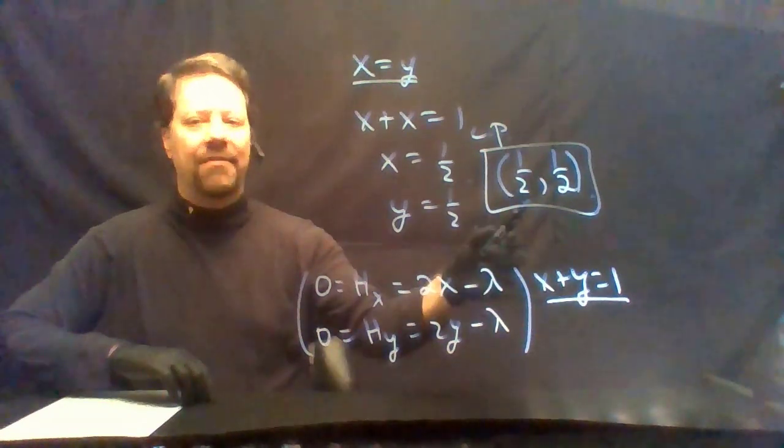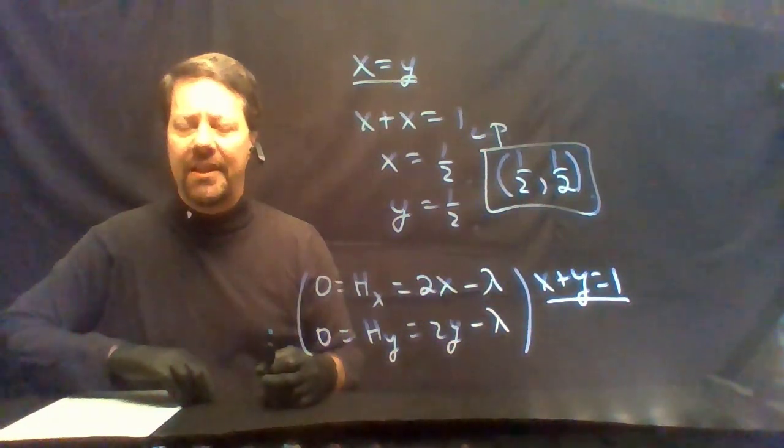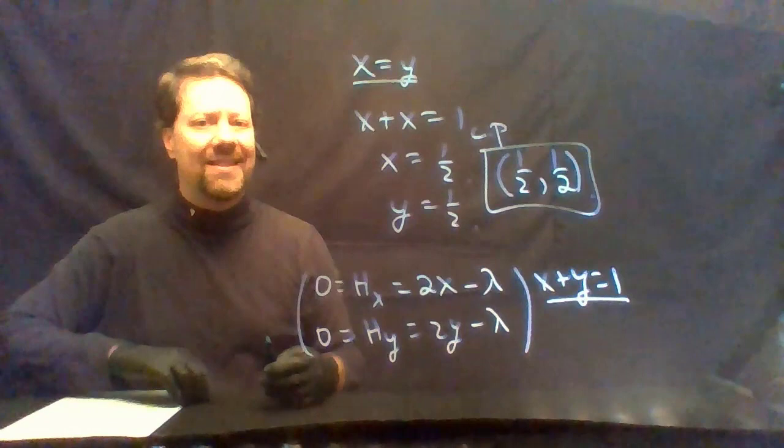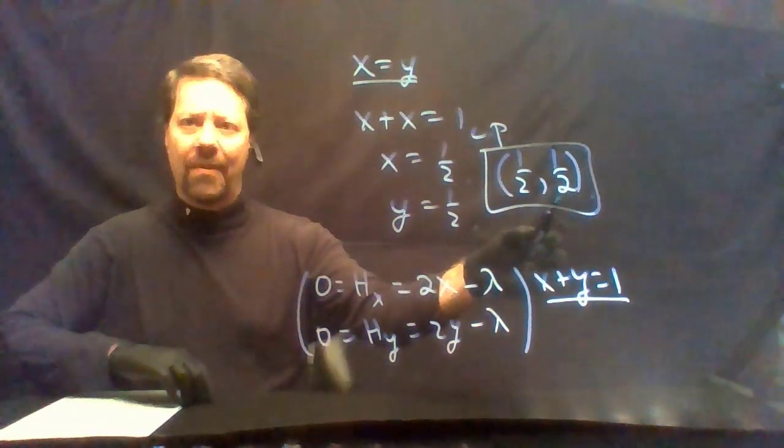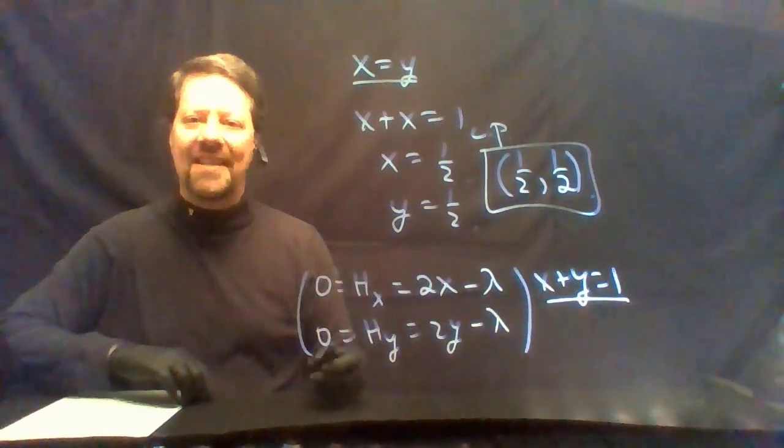The value of the objective function here, the objective function being z equals x squared plus y squared, is 1/4 plus 1/4, or 1/2. That is the minimum value